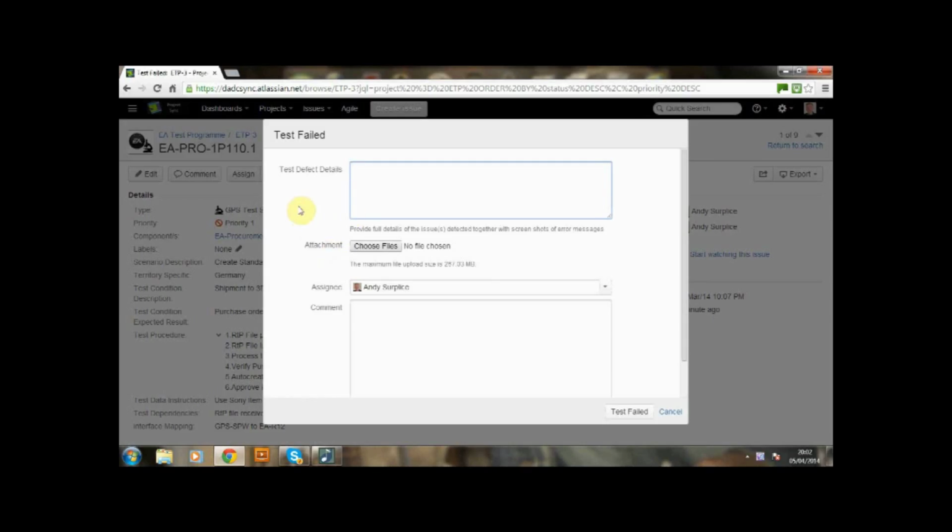In this screen, the tester has to capture as much information as possible to enable the assessment of the defect. So this will include error messages or any other information that can support the defect. In addition, we're asking for file attachments, which again could be screenshots of error messages. So let's select test failed,